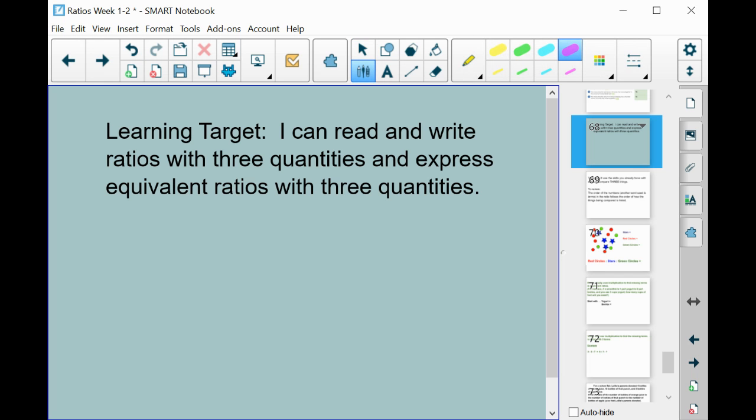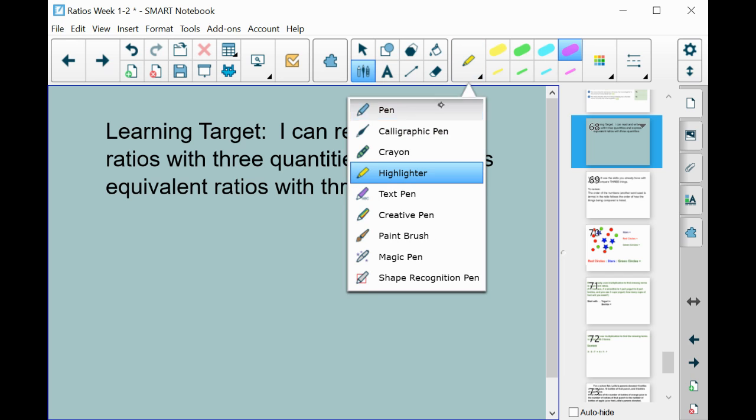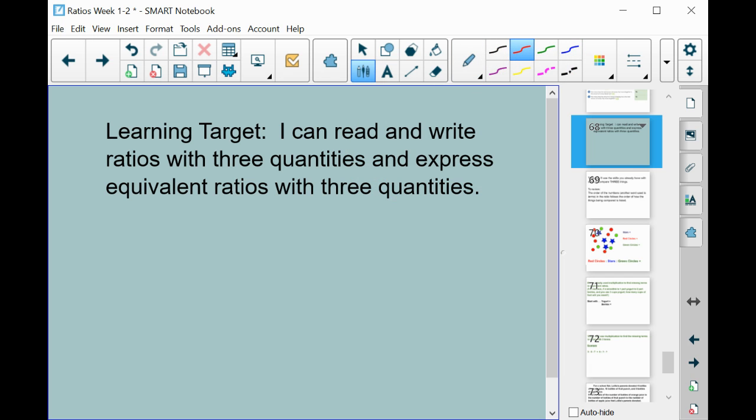Okay, our learning target is I can read and write ratios with three quantities and express equivalent ratios of three quantities. So all week we've been working on, and last week, ratios. And of course, writing ratios and finding equivalent ratios and simplifying ratios and real world ratio problems. So today's going to be very familiar to you, except we're going to do ratios with three quantities instead